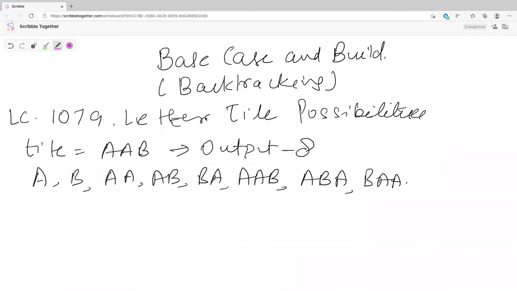I wanted to start with a question, then explain the concept, and then take more questions on that so that you understand. I'm sure you must have solved this question on subsets and combinations, but here I want to explain how easily it can be solved if you can visualize it as a tree. Backtracking is nothing but tree generation. If you keep that in mind, backtracking will become very easy to solve, and that is what we are going to do today.